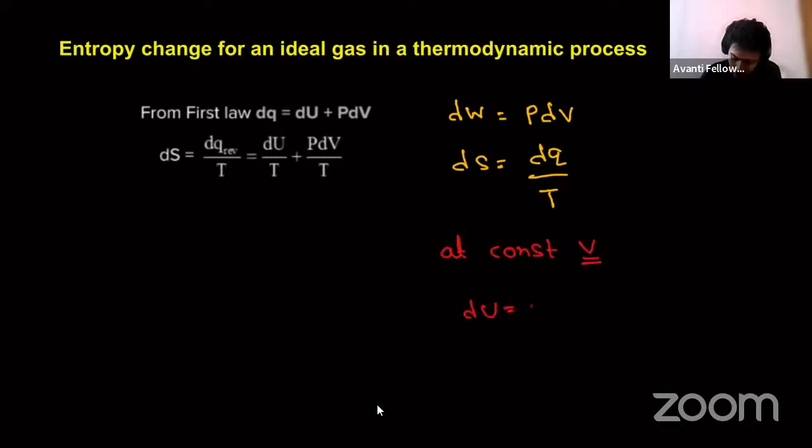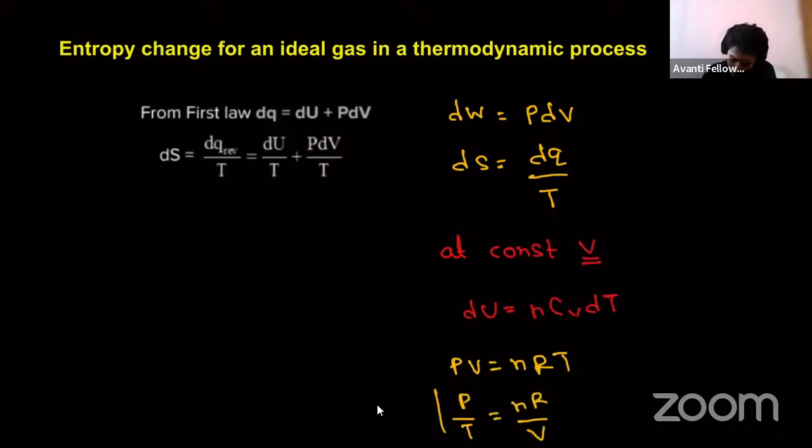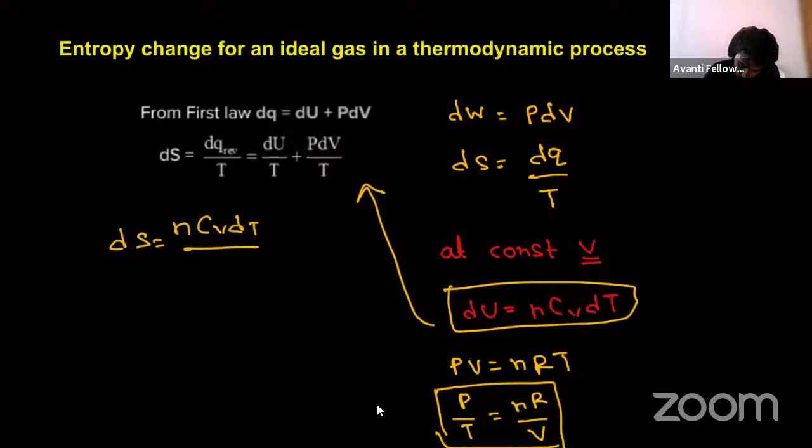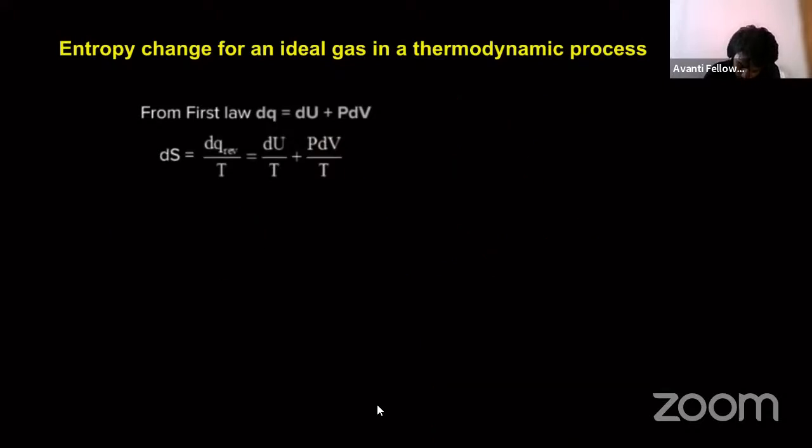du is nothing but n cv dT, right? And let's rearrange the p by T formula also, where you know pV is equal to nRT. Now what is the form you are seeing? P by T, right? P by T is equal to nR by V. We will be substituting these formulas in here. Just substitute these two cases in the formula. Then what we'll be getting? ds is equal to, in place of du, n cv dT by T plus